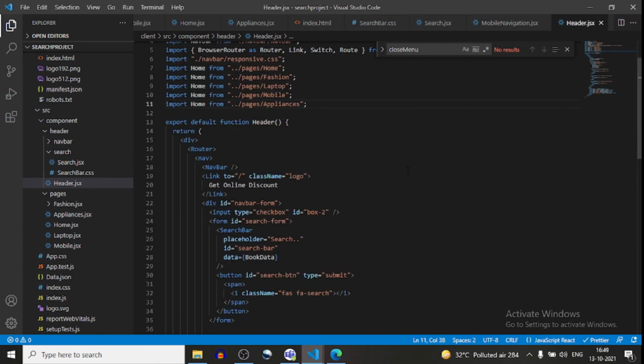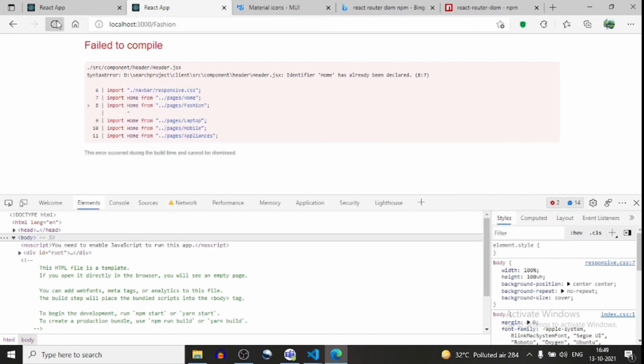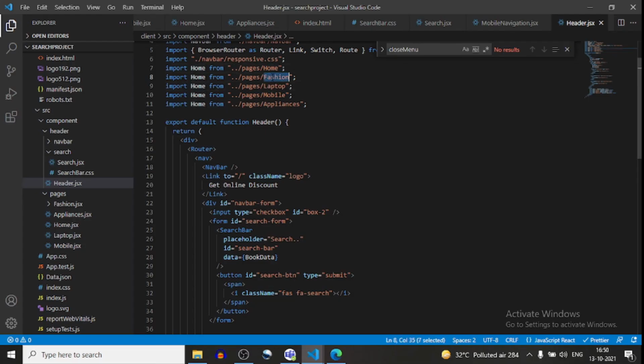Okay, now if I move here, what I'm doing wrong here? This will be fashion, this will be laptop, this will be mobile, this will be appliances.